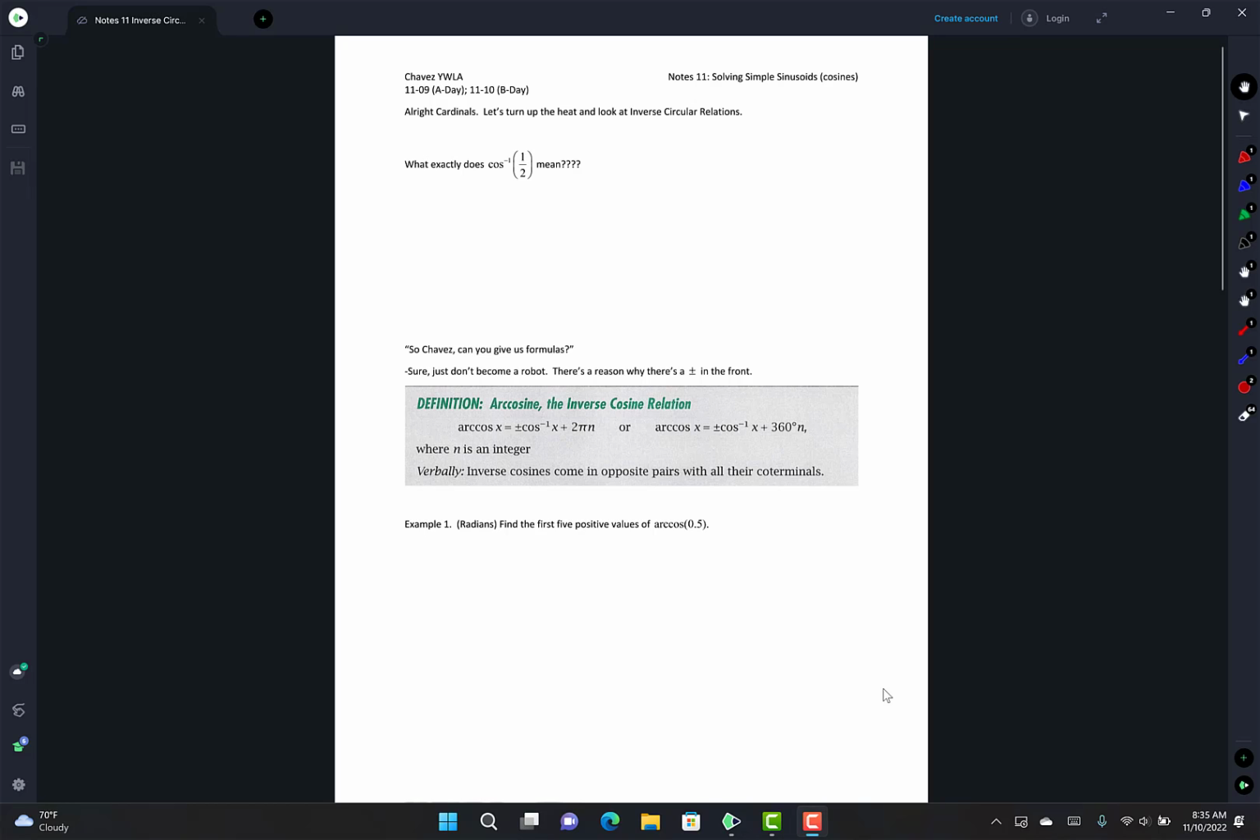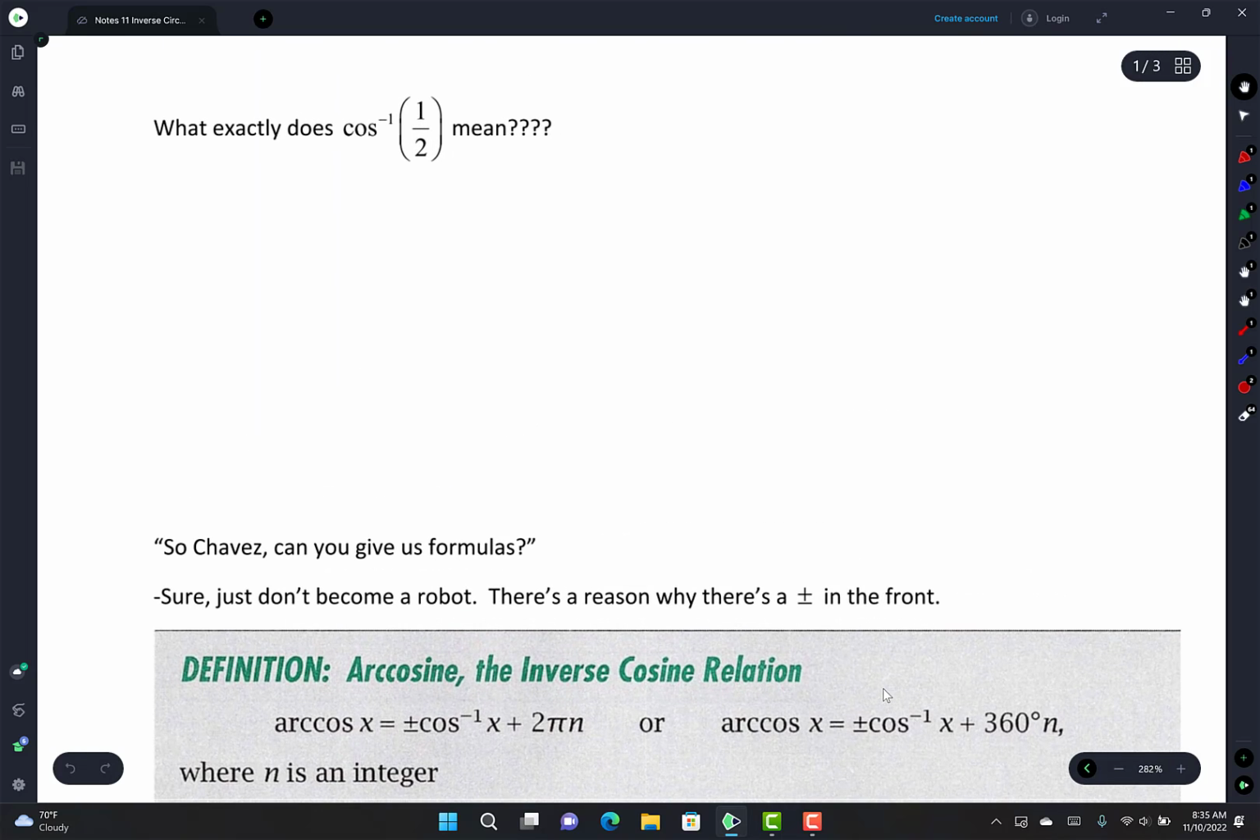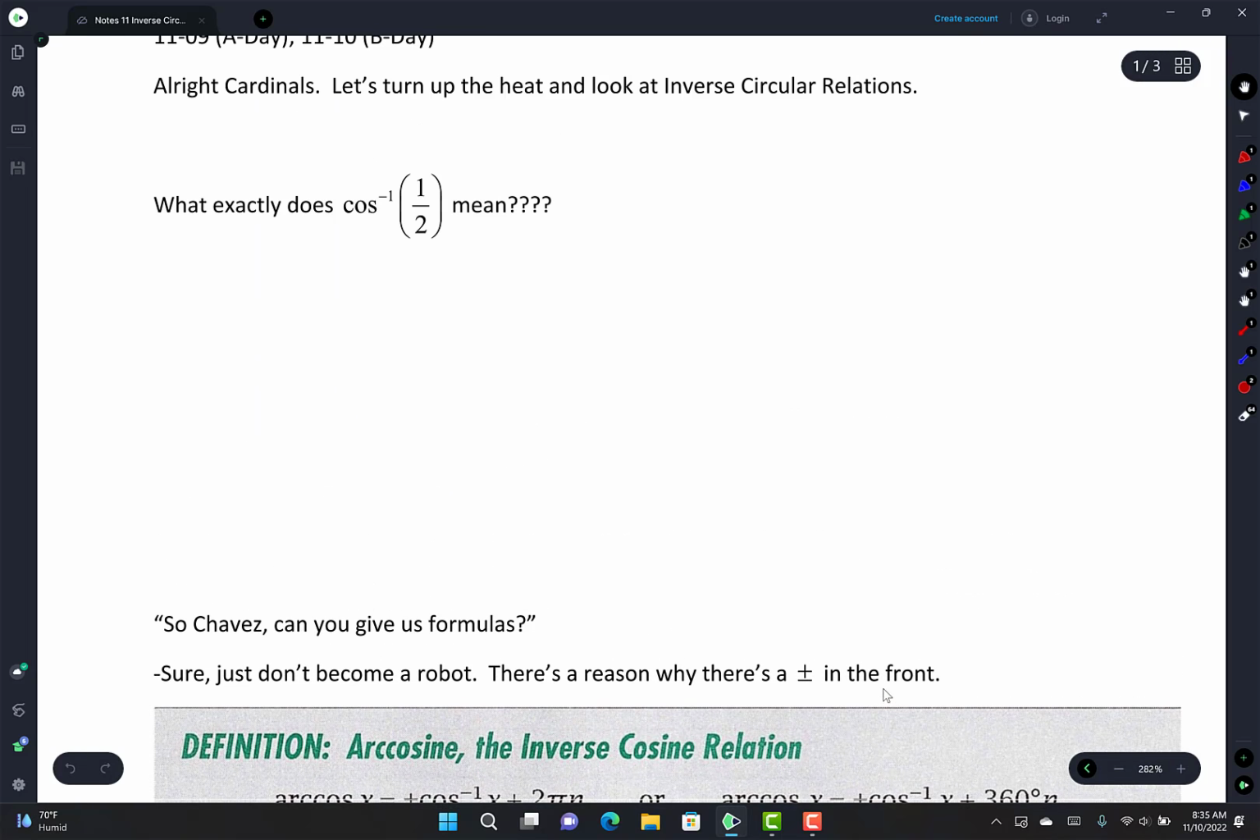All right, here we go. So this one's coming in by popular demand, guys. A lot of you kept asking, what does this symbol mean? Cosine of -1. So before we get started, the way you read this as either inverse cosine